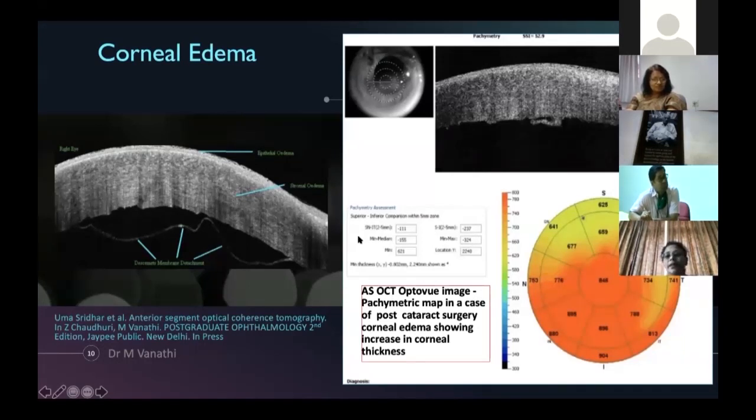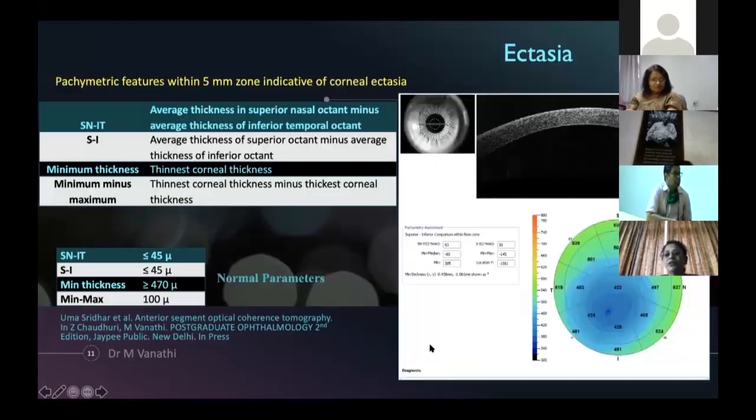Here you have a corneal edema. When you image it on an anterior segment OCT, you can profile the kind of detachment which you can see. It could be a bullous detachment, a total detachment, or scroll detachments. So based on knowing this, you could go ahead and plan the type of intervention you would like to have in these patients.